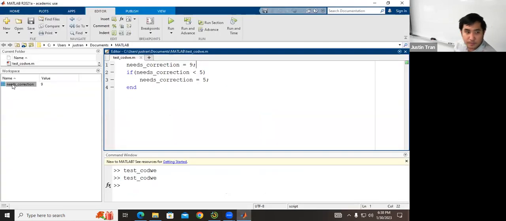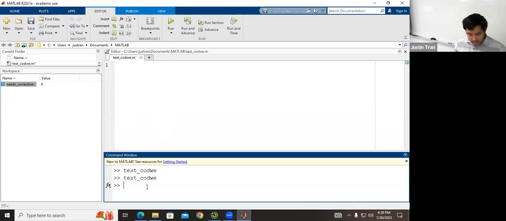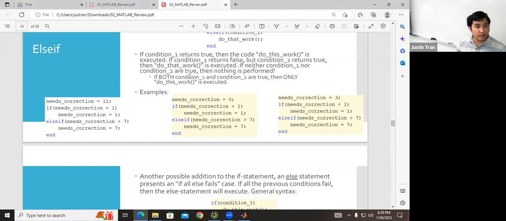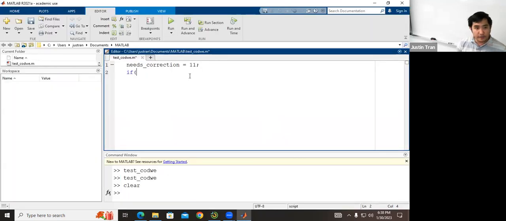So let's do some examples here. Let me go ahead and clear this. Let me copy this code here. We would say needs correction up here equal to 11. Say if needs correction less than 1, else if